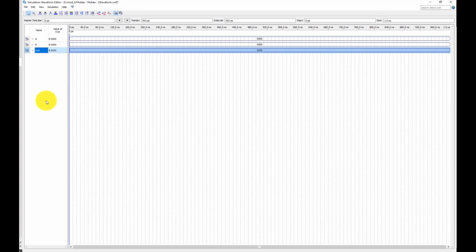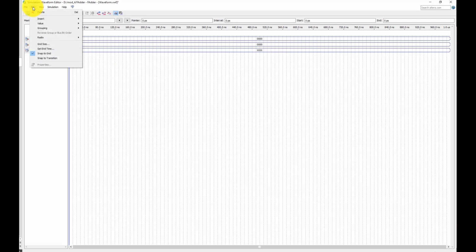All right, so by doing this grouping, I will benefit a lot. Instead of assigning the input for each bit at a given time, I can assign it as a word. A word is a group of bits, okay? And in my case here, I have 4 bits, okay? So to do so, first of all, I have to go to edit, and